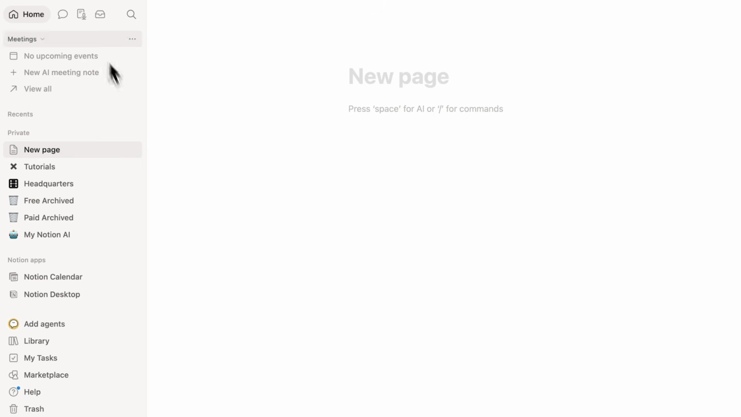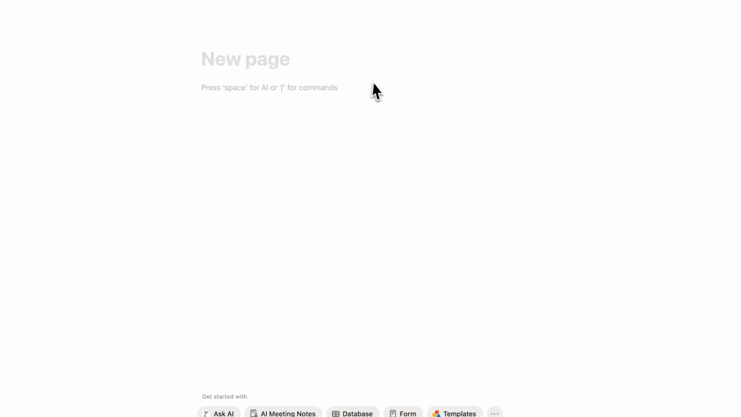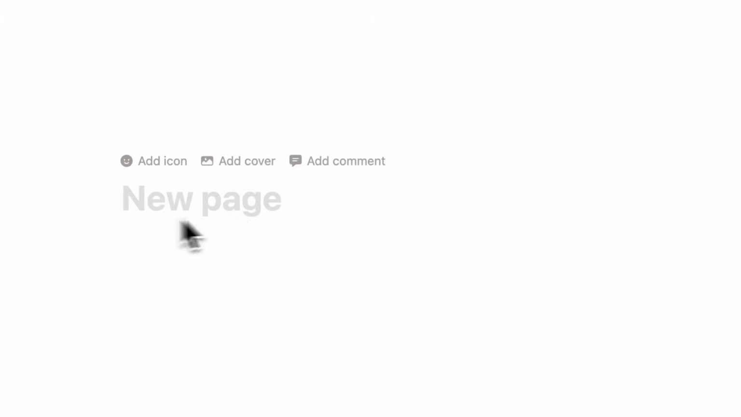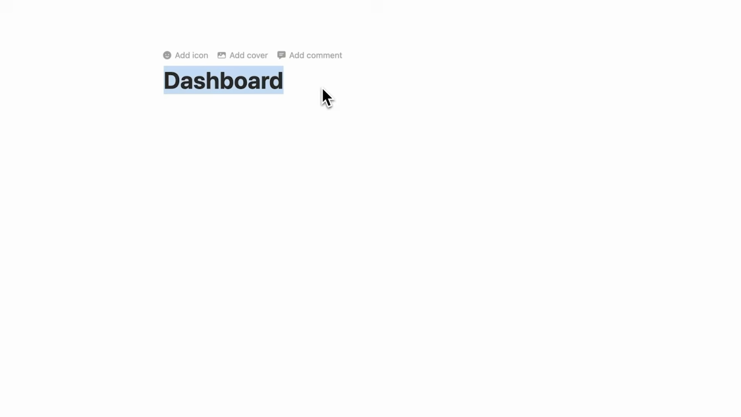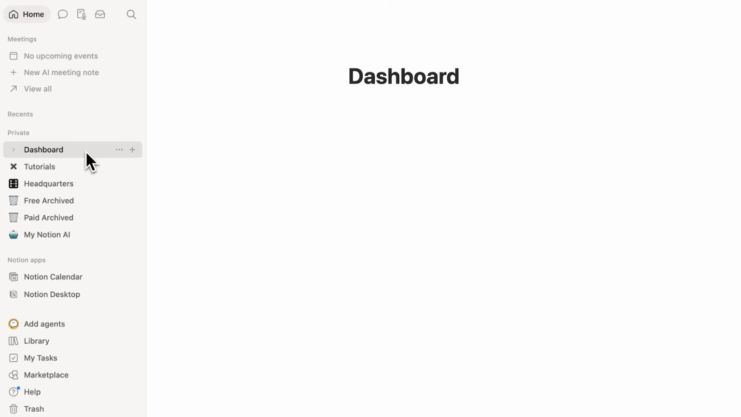So now that you understand this side menu, let's close this and go through how pages work. So this here is the name of your page in Notion. So you can call this dashboard, you can call this journal, whatever you want to call this. Kind of like naming a Word document. So now that this is called dashboard here, as you can see, it says dashboard here on the side menu